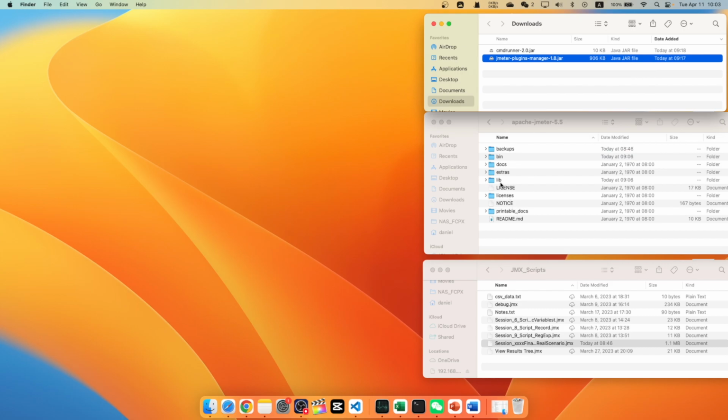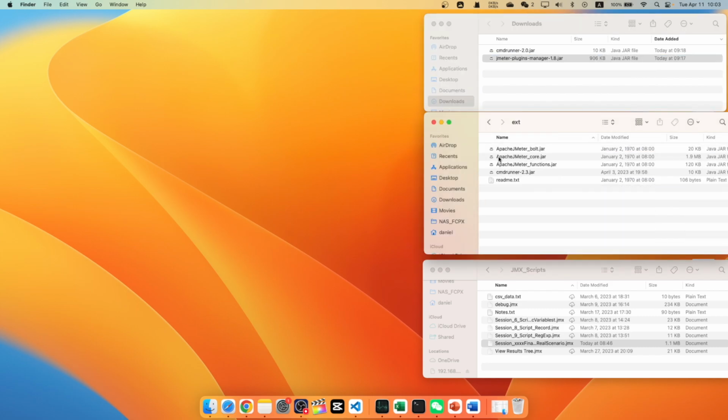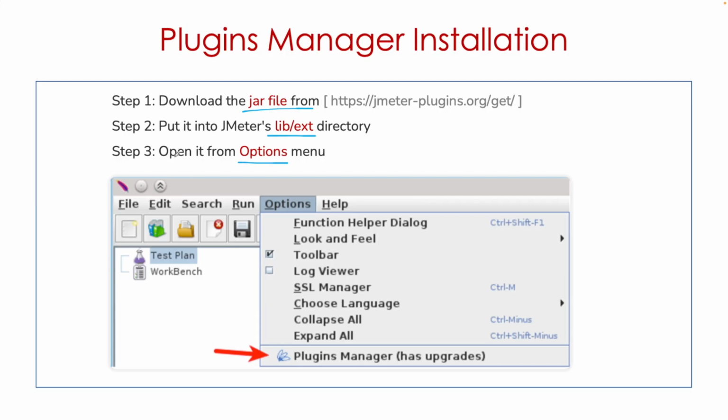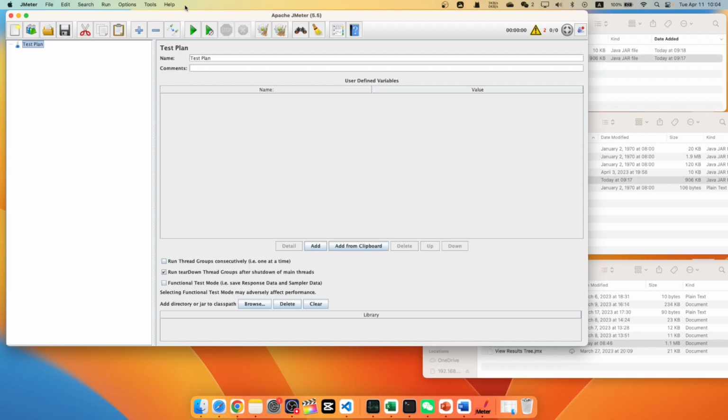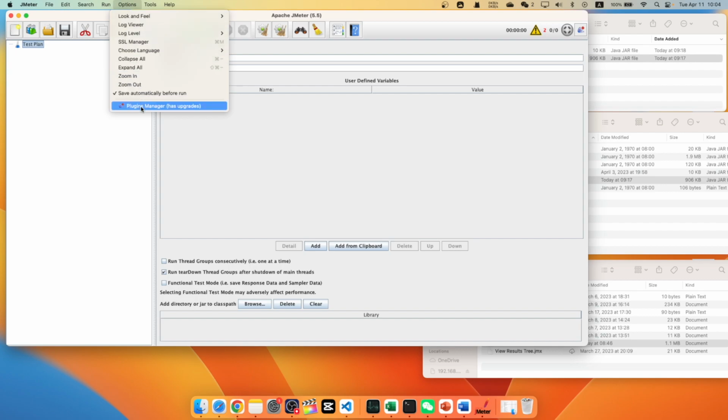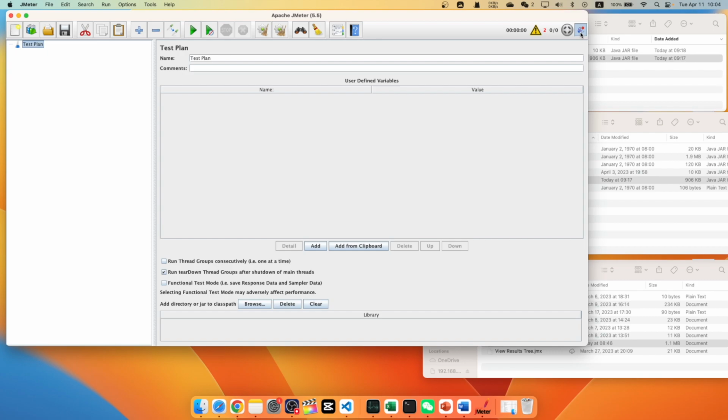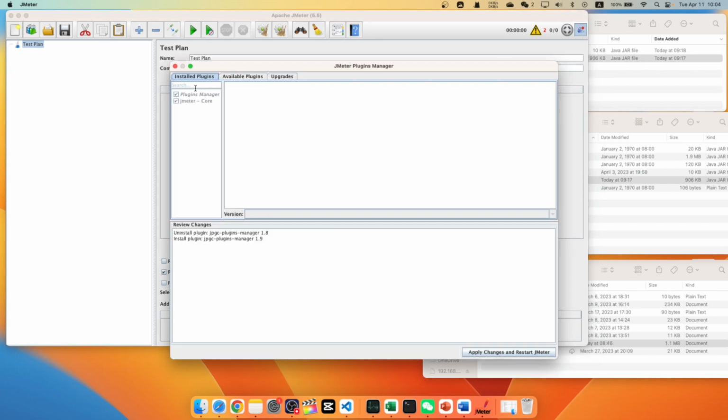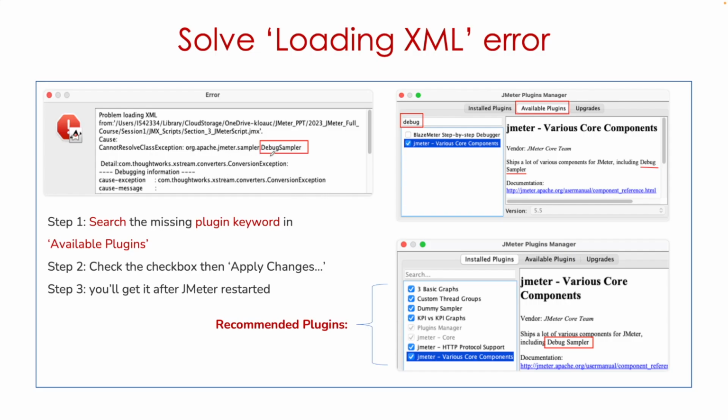into the lib/ext folder. Okay, then step 3, we just open it. From the Options menu, we can open the Plugins Manager, or we just click this button. Okay, we get it. So if we get this kind of error, like we miss debug sampler, so we can